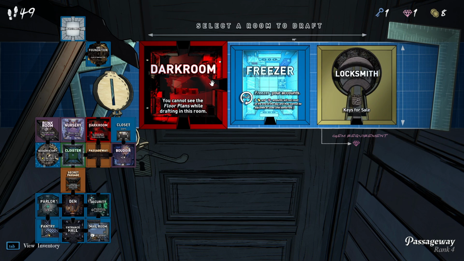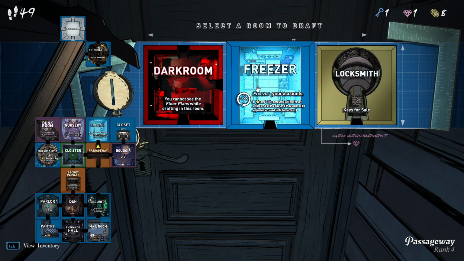Okay, dark room. We can do that. Or we could just call it a day for today and freeze our stuff, freeze our assets, and then we can use them tomorrow. Yeah, I think I'll do that, actually. I'm not really confident we'll be able to move too much today. So let's